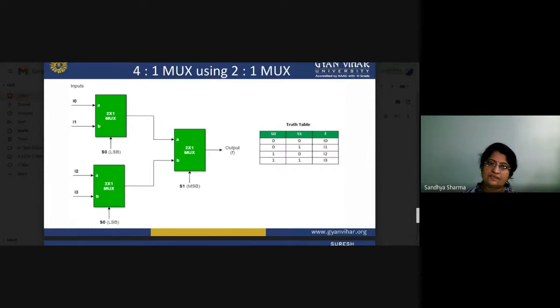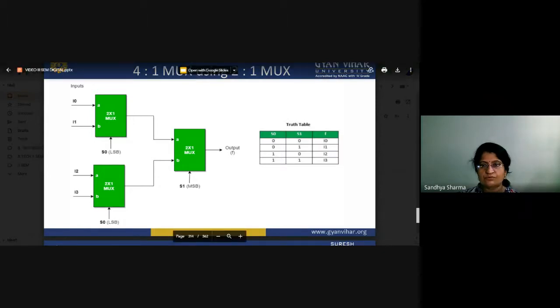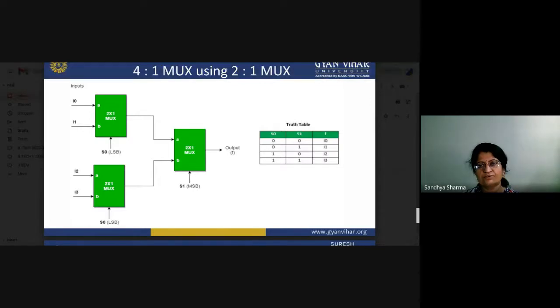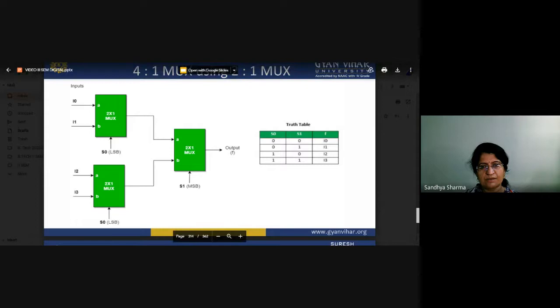So you can give the selector lines. In a 2 to 1 multiplexer, the number of selector lines is equal to 1. This is the output. So S0, S1 and I. You can give S0, S1; S0 is either 0 or 1. You can combine these two.